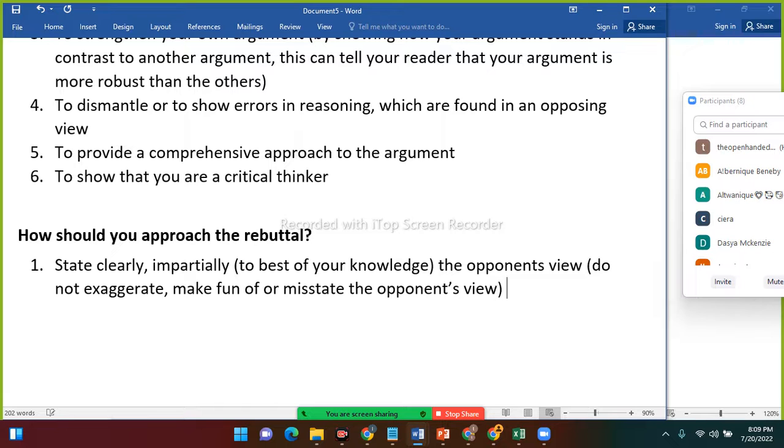So if the opponent believes that cell phones are a distraction, right? Because they can be used to go on websites that they shouldn't be going on. And then you state in your rebuttal that the opponents say that,